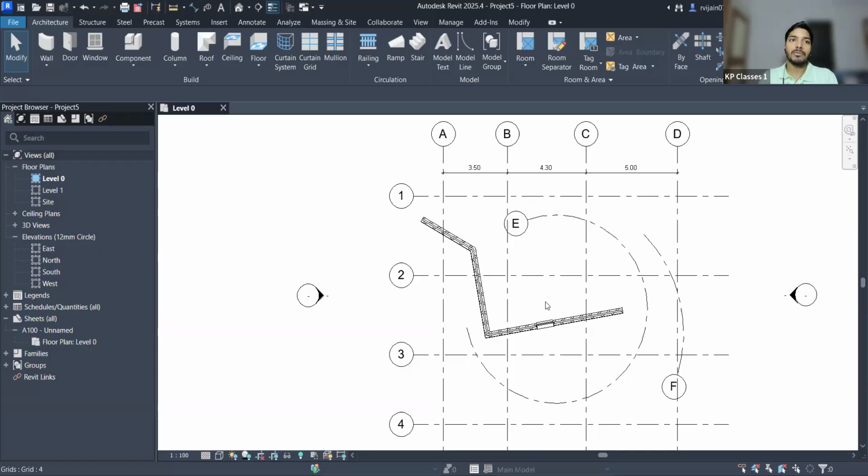Let's say what generally happens on the US side, they create a prototype. So a prototype contains their typical design in terms of flooring, wall, windows, staircase and everything, in terms of grids, in terms of levels. So they can save that project itself as a template,